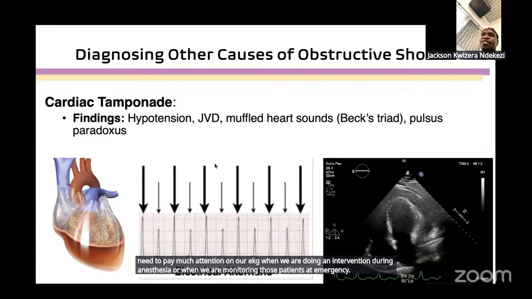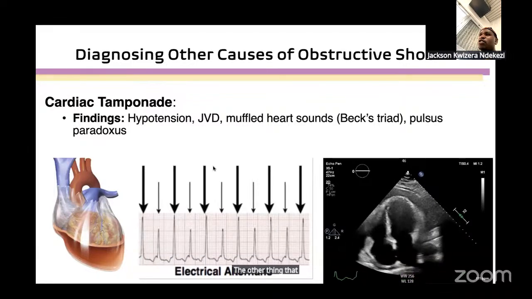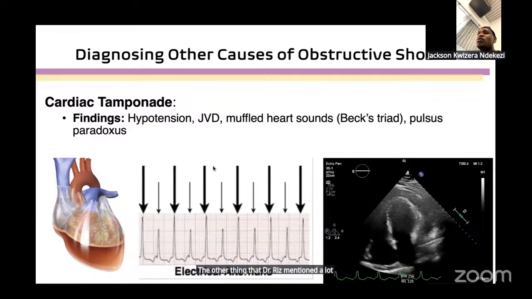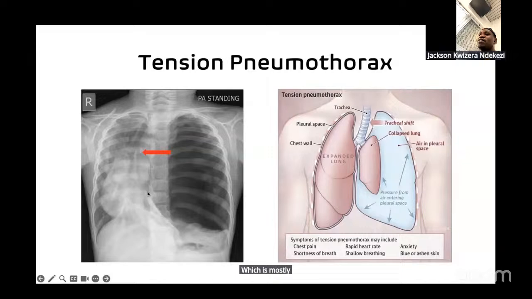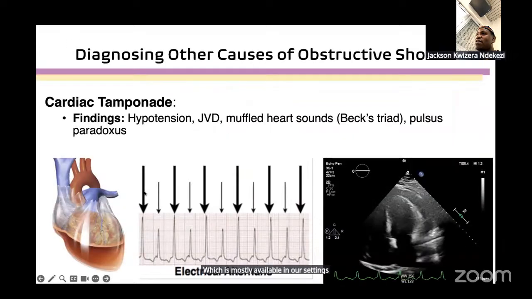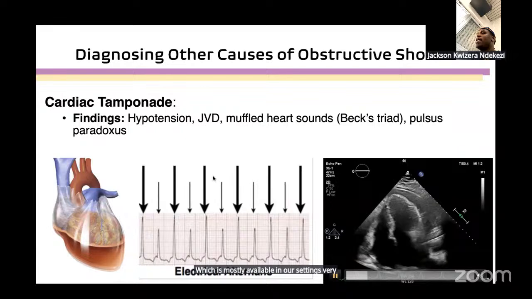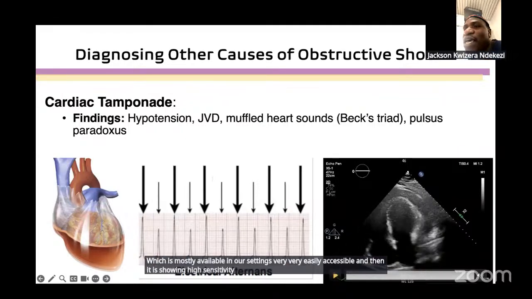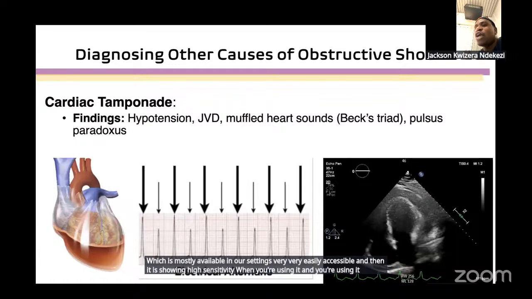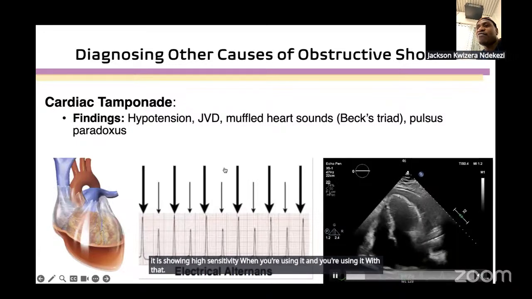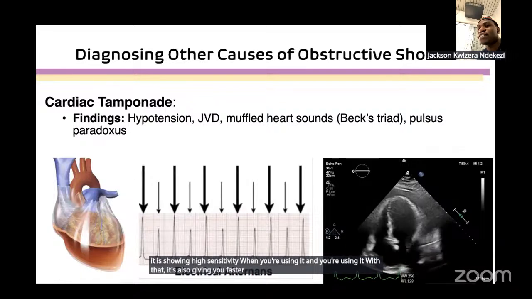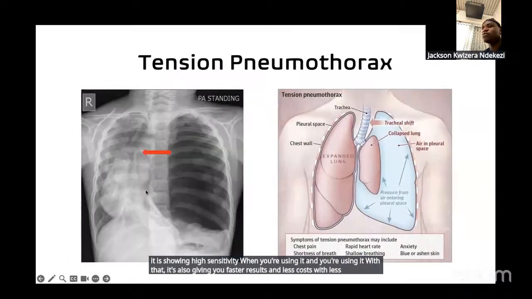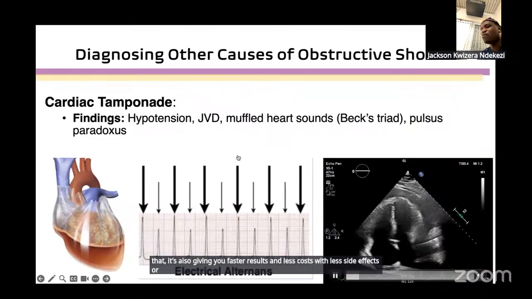The other thing that Dr. Riza mentioned a lot is point of care ultrasound, which is mostly available in our settings, very easily accessible, and it shows high sensitivity when you're using it. And with that, it also gives you faster results and less cost, with fewer side effects or consequences